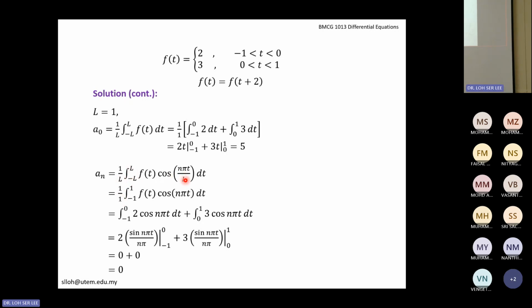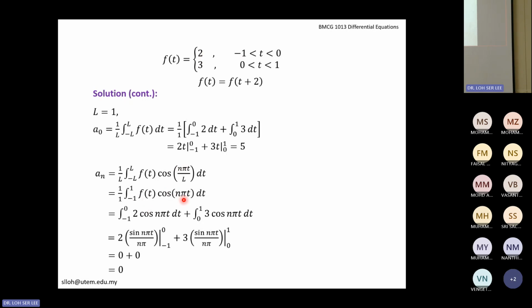When L is 1, this angle will be n pi t. n pi t over 1 is n pi t. Since we are integrating from -1 up to 1 with different functions,